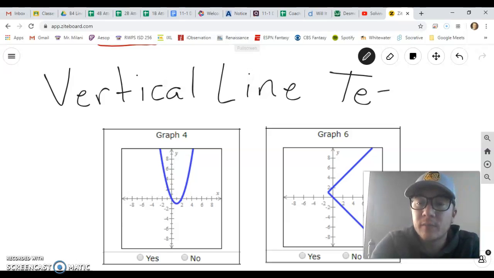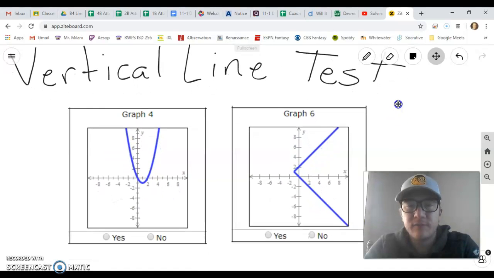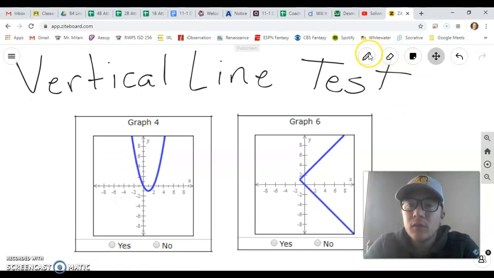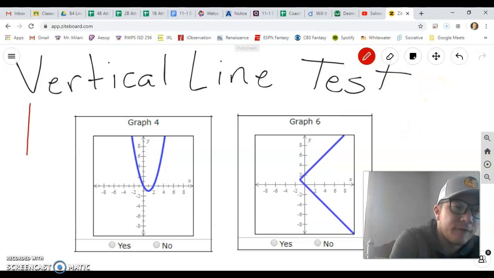It's very simple. Not necessarily easy. I know these things aren't always easy, but it's simple. This is visually nice for us. All you're doing, you're asking yourself, if I draw a vertical line